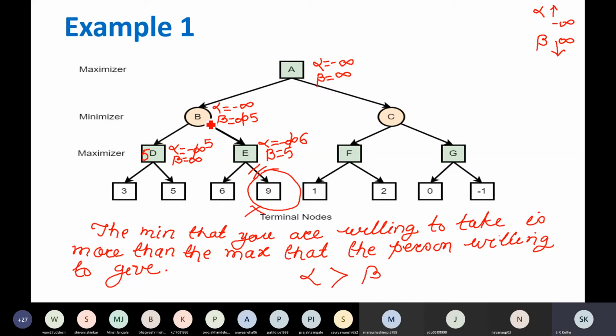This maximizer is connected with the minimizer, and this beta value you have copied from this. So beta is 5 and alpha is 6 here. So alpha is greater than beta. So what to do in that case? Go back.